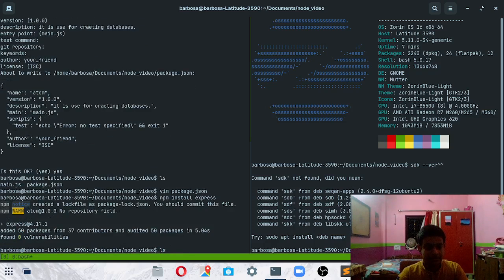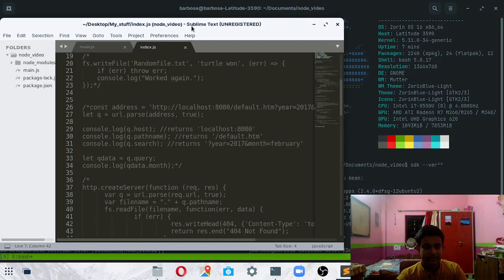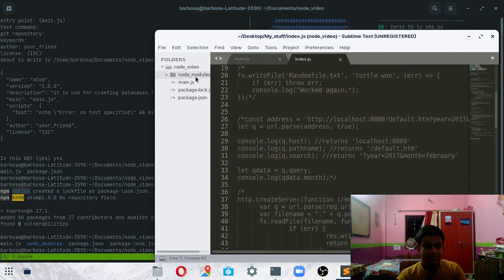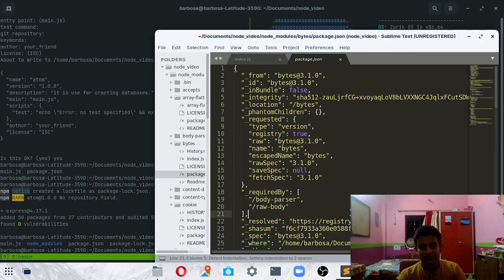Now we can do ls, and as you can see there is this node_modules. If I show you where the node modules are, here I have my other editor. Node modules are here. You can see there are many folders and files here for different purposes.